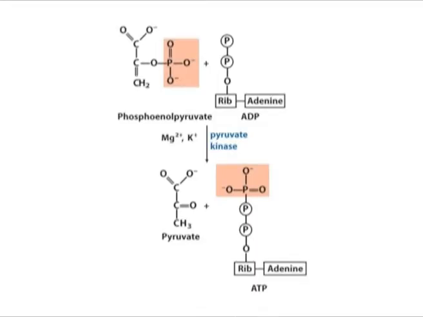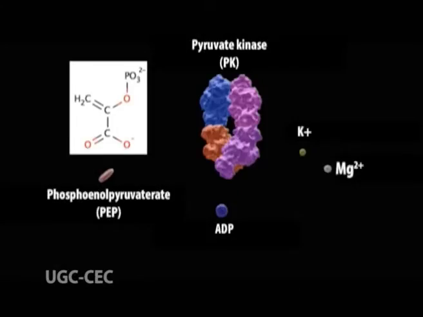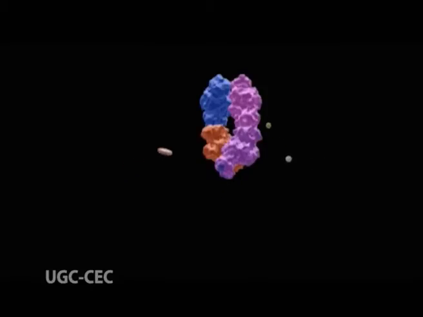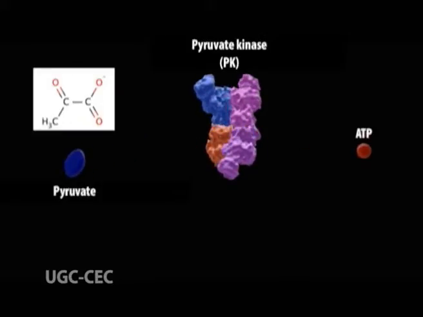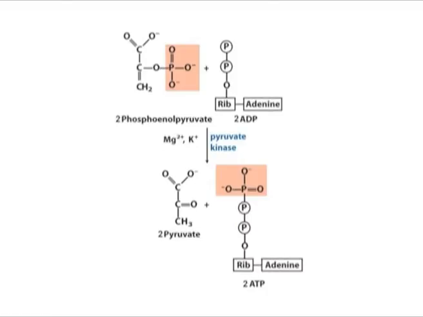As the enzyme's name suggests, this reaction involves the transfer of a phosphate group. The phosphate group attached to the 2' carbon of the phosphoenolpyruvate, PEP, is transferred to a molecule of ADP, yielding adenosine triphosphate and pyruvate, the end product of glycolysis. Again, since there are 2 molecules of PEP, here we actually generate 2 ATP molecules.